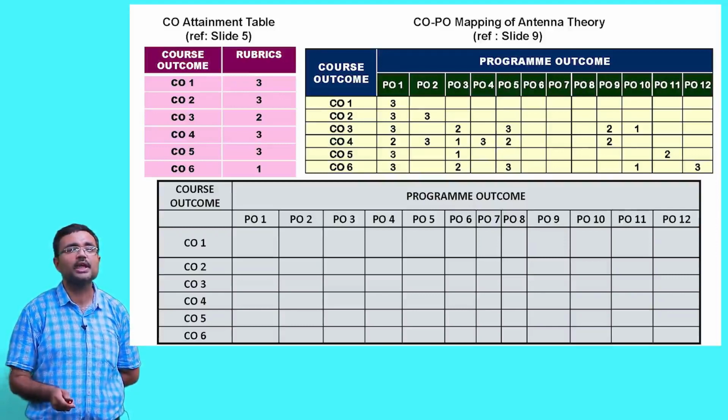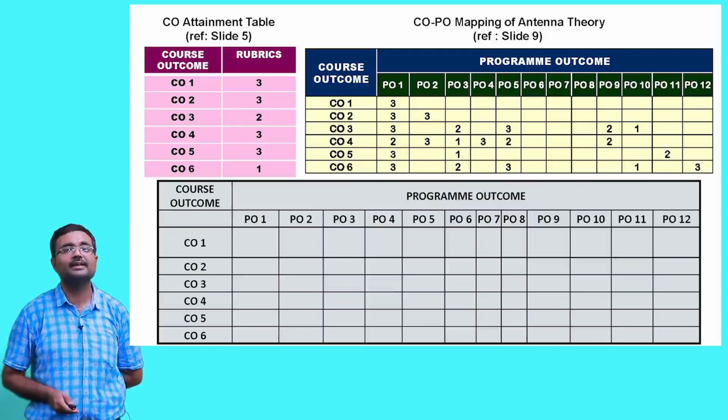On the contrary, you check CO3 attainment is moderate, 2 attainment, CO3. So, CO3 helping PO1 to attain, not highly. Though CO3 is very highly related with PO1, but CO3's attainment is not that high, which means contribution to the attainment of PO1 from CO3 is not that high. And you check this, CO3 is not highly attained, attainment is 2, and CO3 contributing PO3 to some extent.